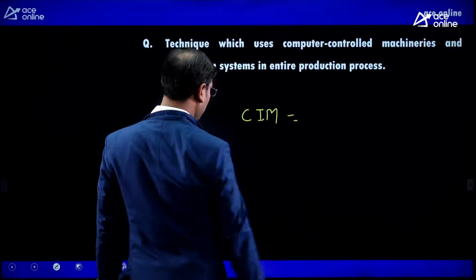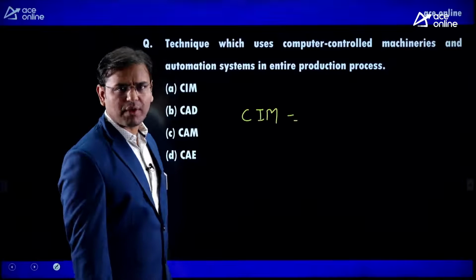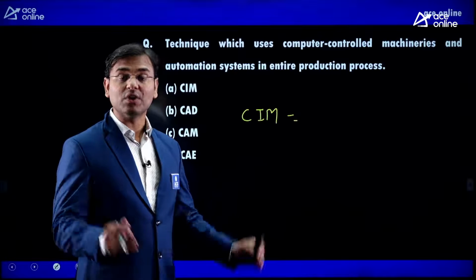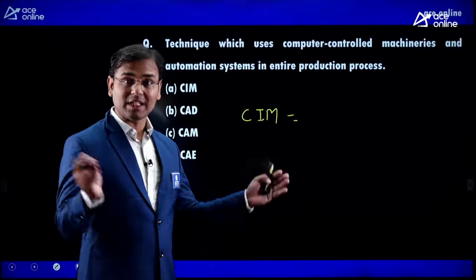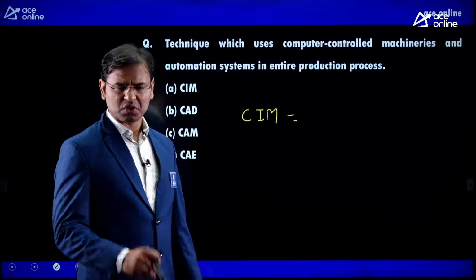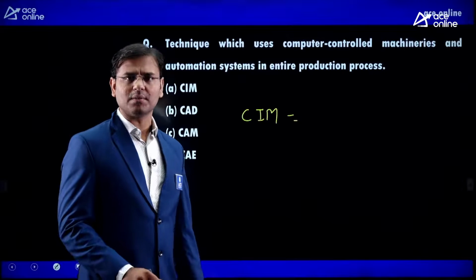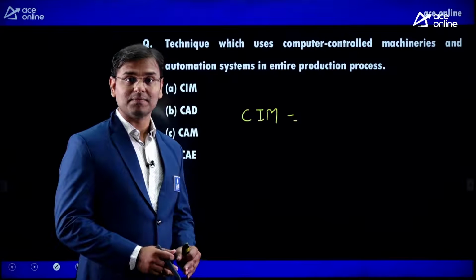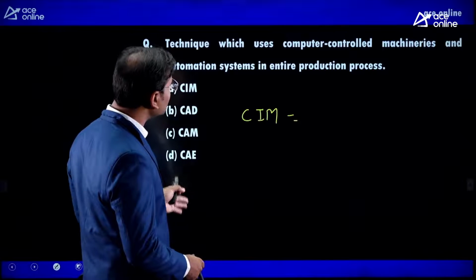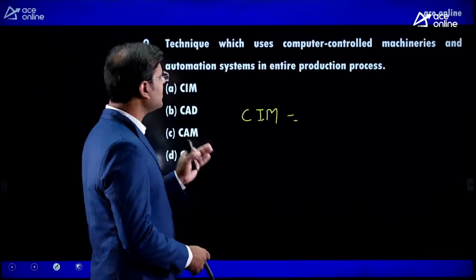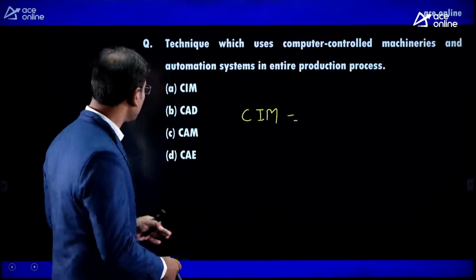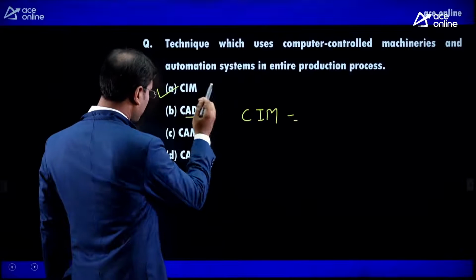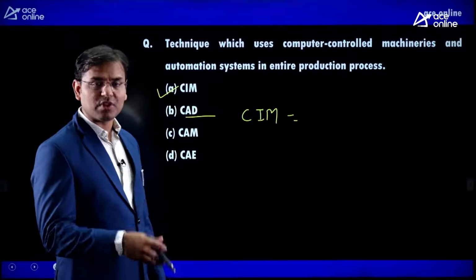In computer integrated manufacturing, there is a high level of automation, and we are throwing the human being out of the machining zone, as total computerized control in the company is there. That is known as computer integrated manufacturing. The technique which uses computer controlled machineries and automation systems in the entire production process is known as CIM. And here you can see CAD, computer aided design, where you make a model